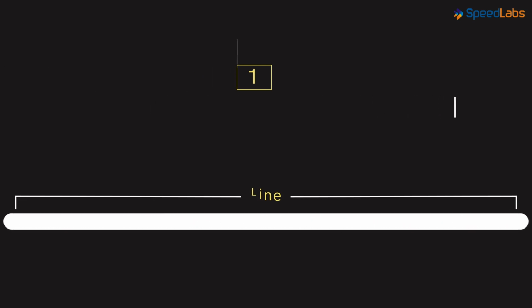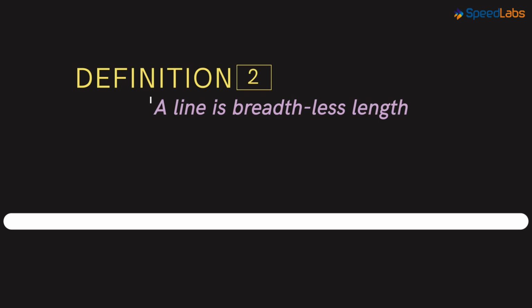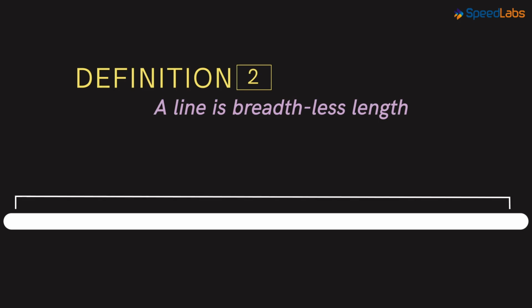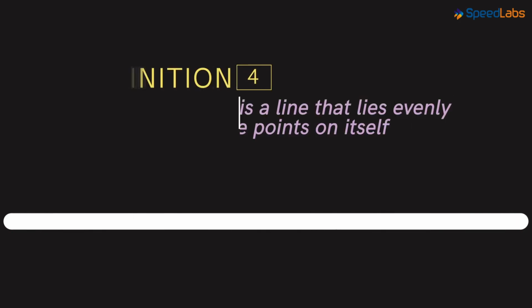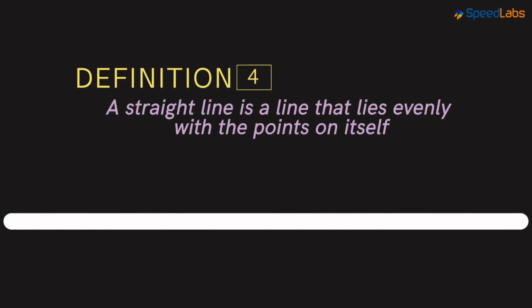Euclid defined a line like this. A line is a breadthless length. As we can see, the line has length but not breadth. Since a line is just a closely spaced collection of points, we can see here that the ends of a line are also points. Euclid defined a straight line as: